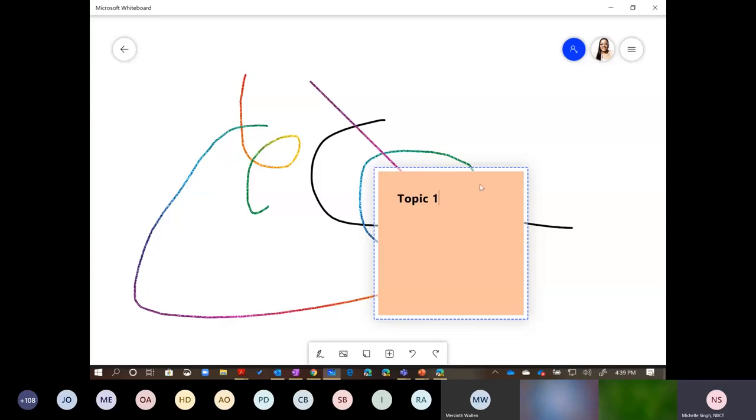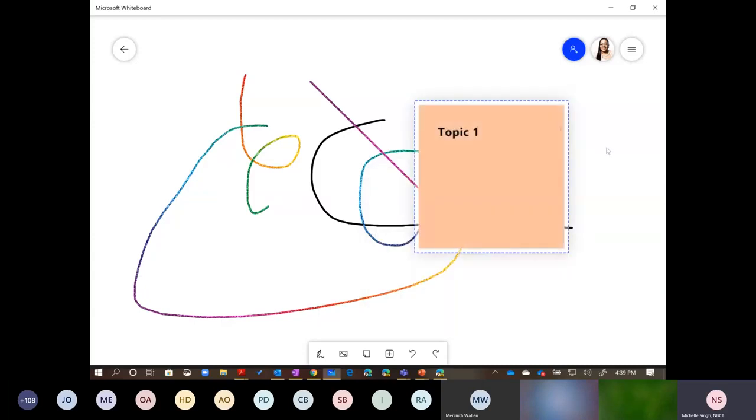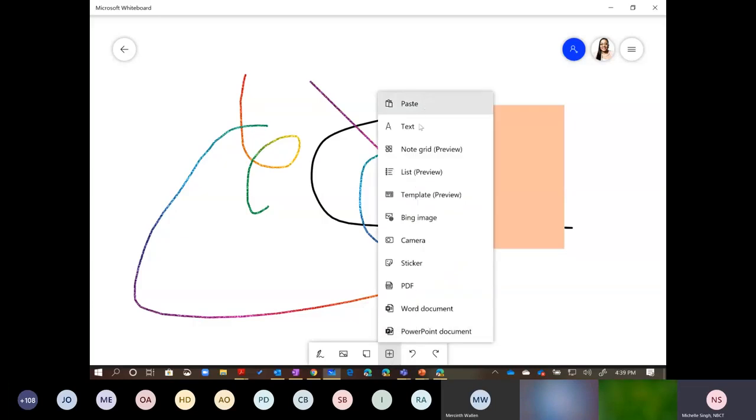Okay, and then I add some details. I can add it and I can move it and I can add multiple Post-its. And then this plus option I like is because I can add all of these other things, such as a PDF. I could put a PDF of a crossword puzzle and then write, you know, usually when you start a